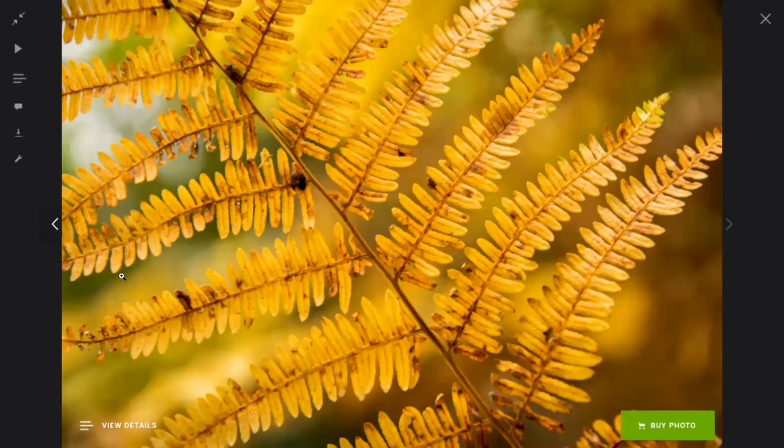Now this one is interesting. This was shot almost as I left. In fact, I had actually walked out of the nature reserve and then this caught my eye over my left shoulder, and at first I thought it was backlight,